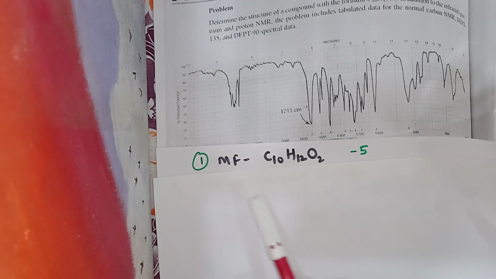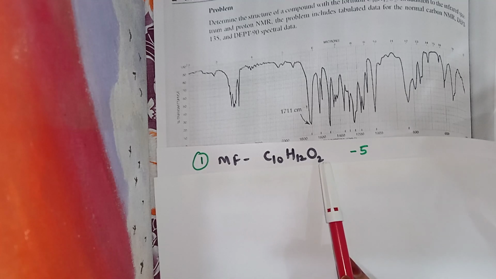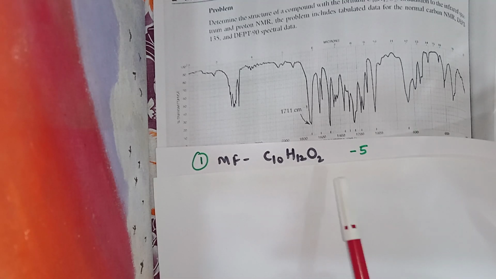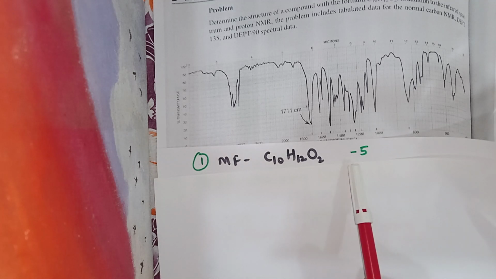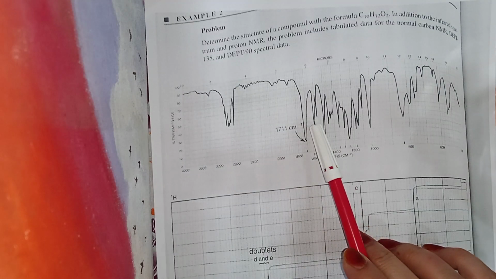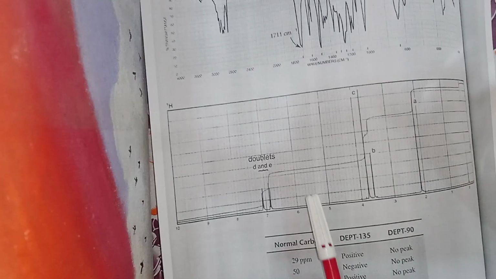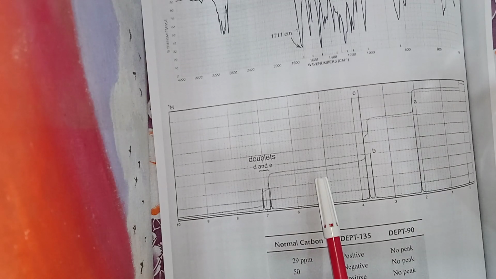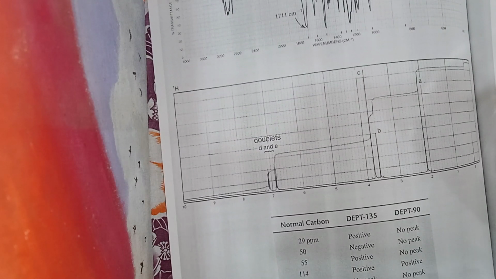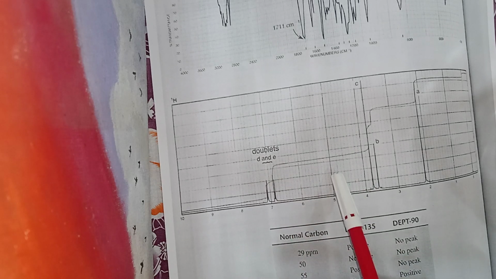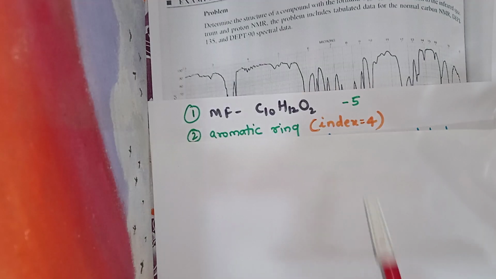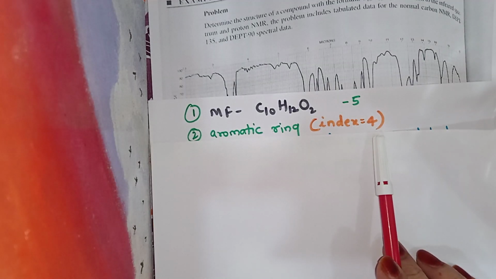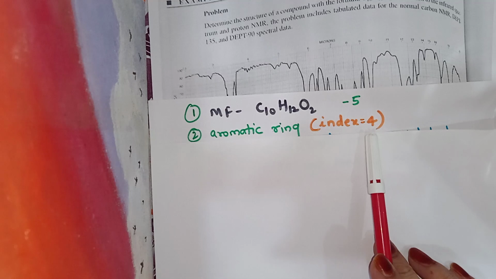So first of all, let us write down the molecular formula C10H12O2 from the problem itself. Therefore, we calculate an index of hydrogen deficiency of 5. The infrared spectrum, the carbon NMR spectrum, the proton NMR spectrum, all of the three suggest the presence of an aromatic ring. That is an index of 4. The remaining index of 1